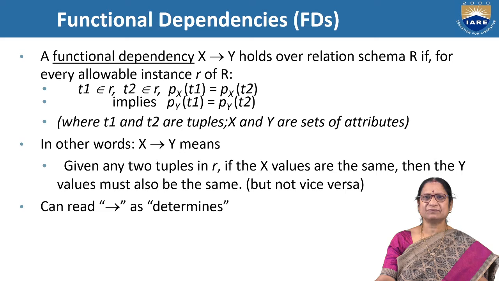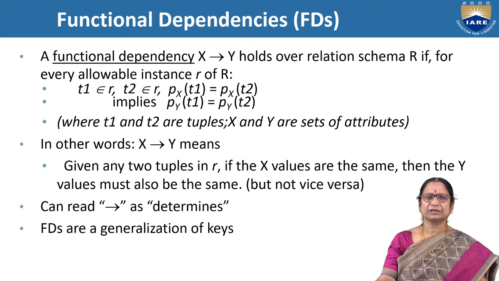And we discussed that this functional dependency will be represented as x determines y, where x, y are subsets of the attributes, and determines is represented by using a long arrow. And also we discussed these functional dependencies are a generalization of the keys. Generally, keys are represented as a single attribute or a set of attributes which uniquely determines the entire relation. But in case of dependencies among some other sets of attributes, these FDs are going to be generated. So, all keys are functional dependencies.